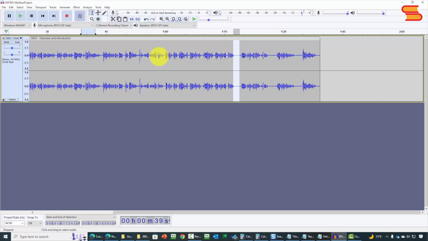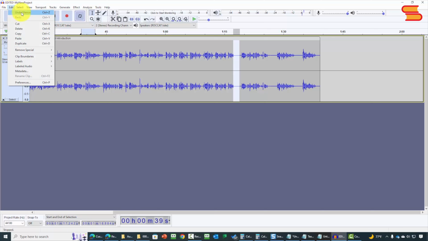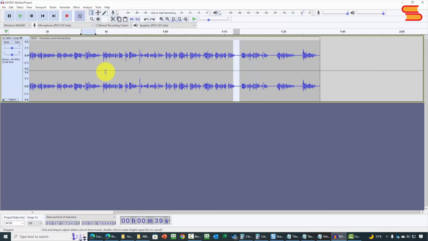And of course, if you don't like that particular selection, once you have previewed it by clicking the play button, you can go to the edit button. You can then click this link that says Undo Silence. That will remove the silence, and then your sound will be back in the area in which it was. So you do have options in order to remove existing audio from a